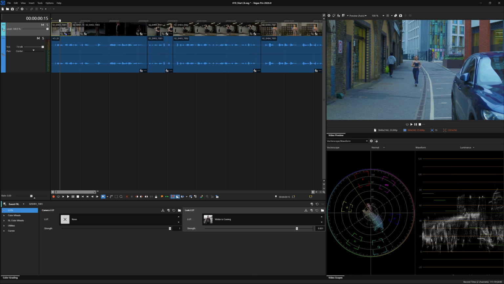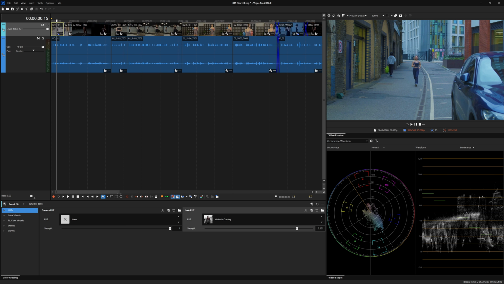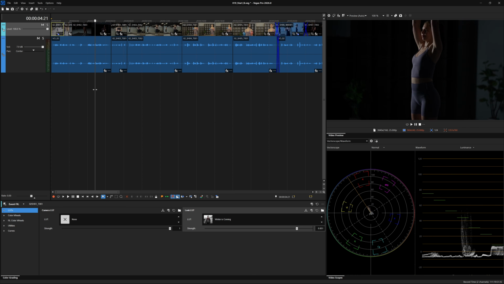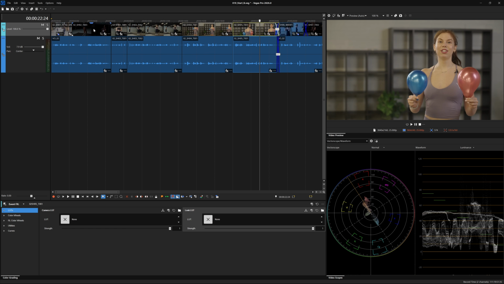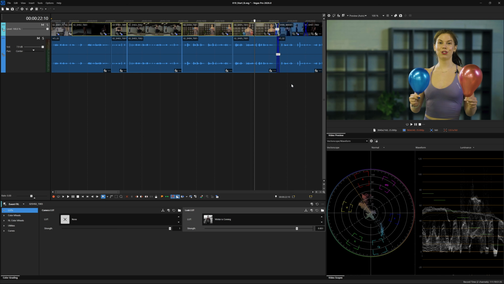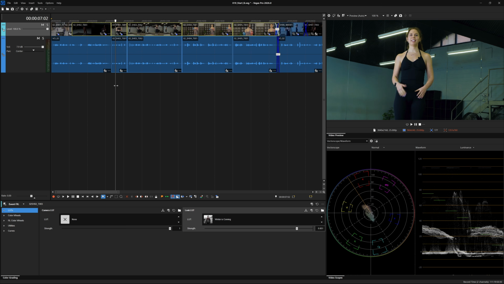Moving forward, we have a look on this event, and we'd like to apply the same look to a selection of events in the timeline. This is as easy as copy and paste. You select the graded event in the timeline and use the right-click menu to copy it. Next, use Shift or Control to select the events to receive the color grade. Right-click and choose to paste event attributes. The event selection receives the new grade, and you can scrub the timeline to review it.